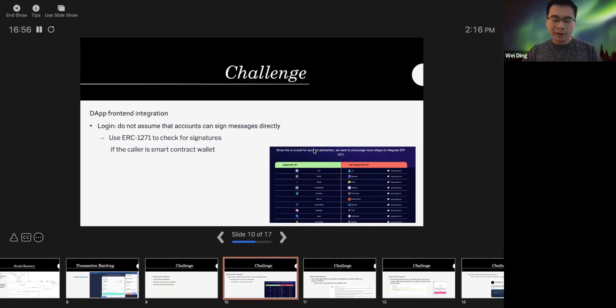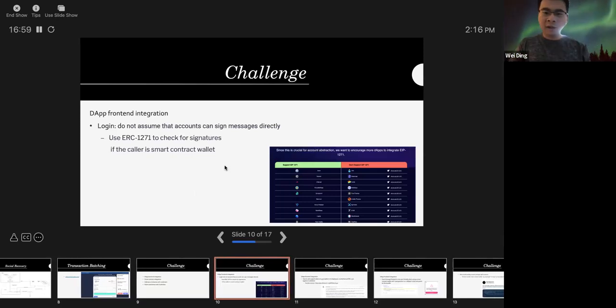And here is an example. The statistics show the DeFi protocols which support ERC-1271 for signature authentication on their websites. As you can see, not so many projects support it. ERC-1271 is especially for signature verification for smart contract wallets, because a smart contract wallet doesn't have a private key behind it, unlike an EOA, which has an ECDSA signed message.